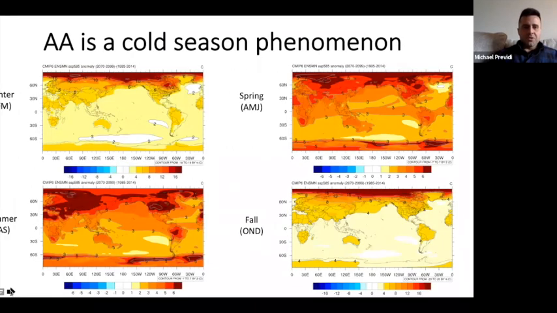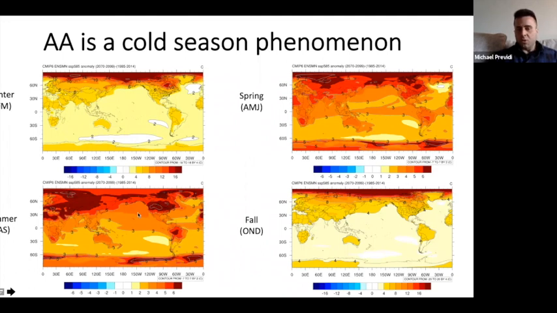This is the series of plots that you should have gotten if it worked out for you. These are the 4 seasons of the year, and you can see, I think, in 3 of these 4 seasons, so winter, spring, and fall, it's pretty clear that there's Arctic amplification occurring, right? You see the Arctic is warming faster than the rest of the globe. The exception to this is really the summer season. So in the summer, which is shown here in the lower left,